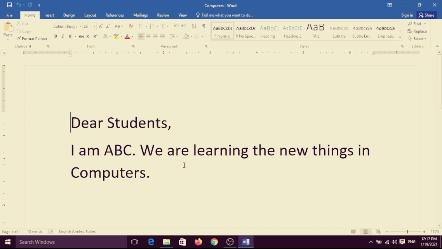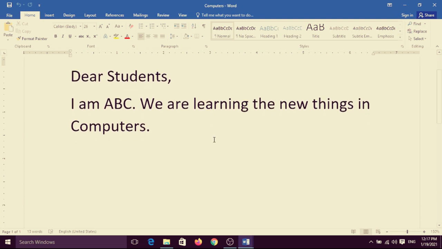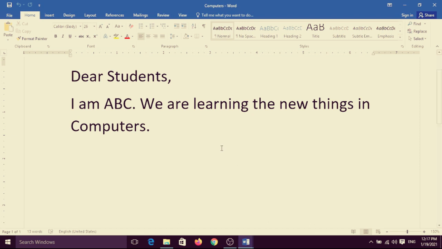Now children, you can also use a shortcut key to save your documents. Very simple. Press the Ctrl button and S, Ctrl plus S, to save your documents.